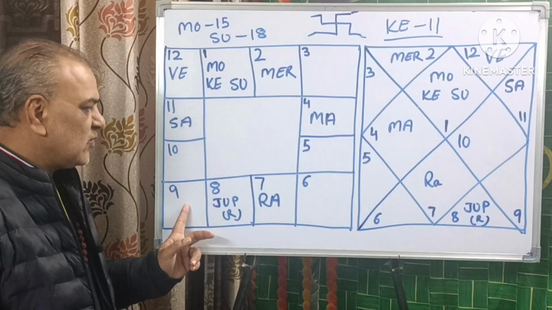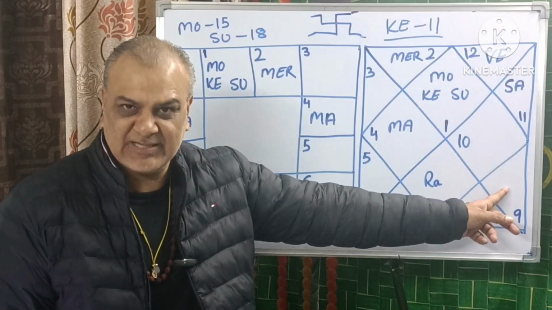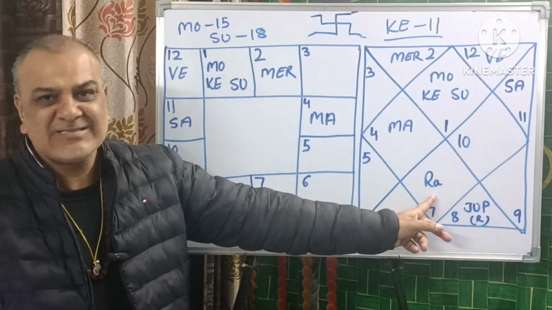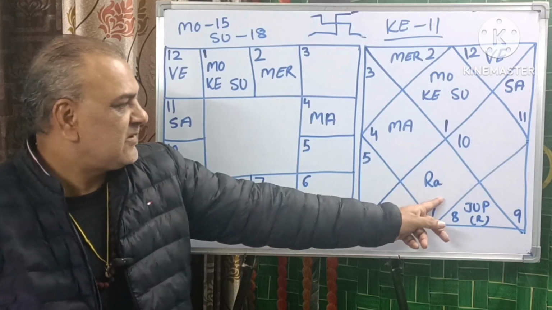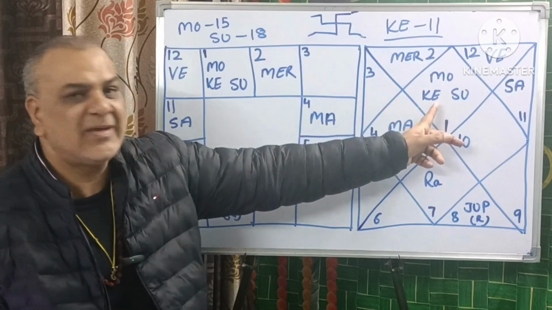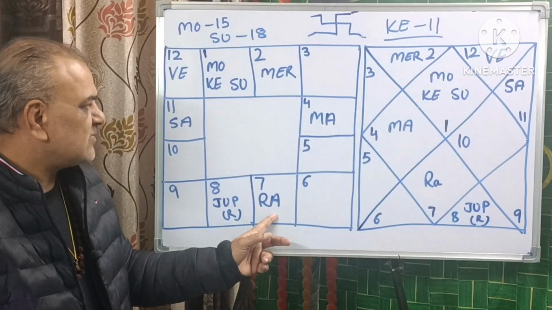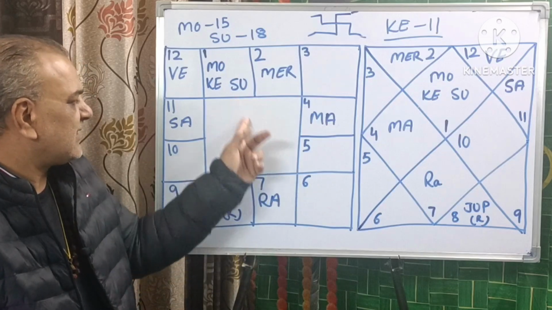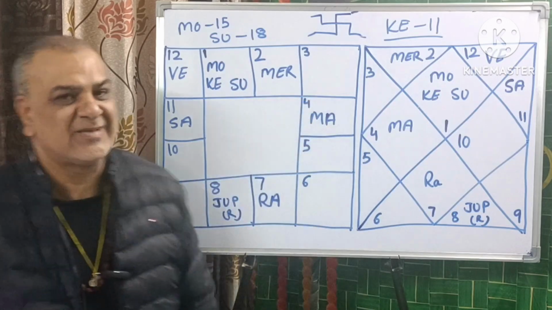So instead of moving forward to Sagittarius sign, he will cast his backward aspect in Libra sign. From there, he is going to aspect this Sun, Moon and Ketu combination. Here also you can see when it comes in Libra, it will directly cast his aspect on Sun, Moon and Ketu sign.